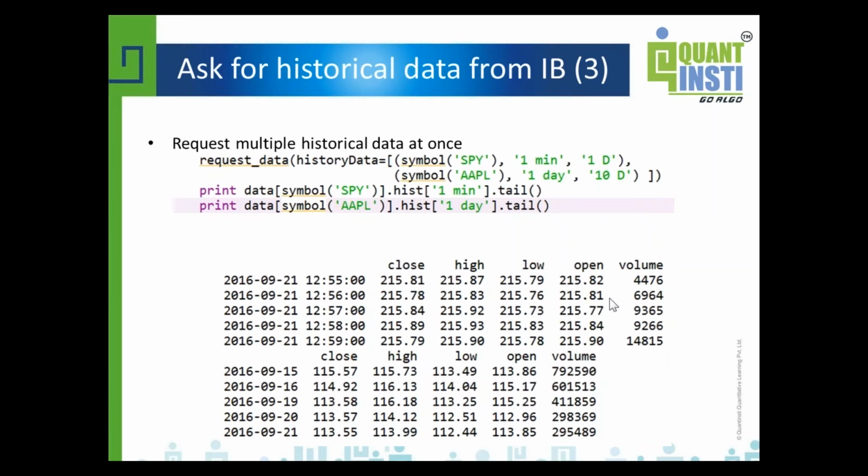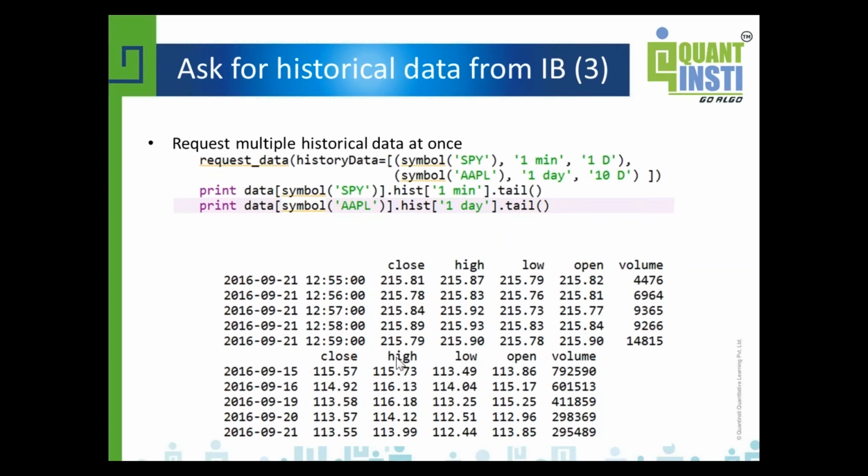The target security is SPY. The action is to buy 100 shares when this number is positive, and you use negative numbers to specify sell. For example, minus 100 means to sell 100 shares.